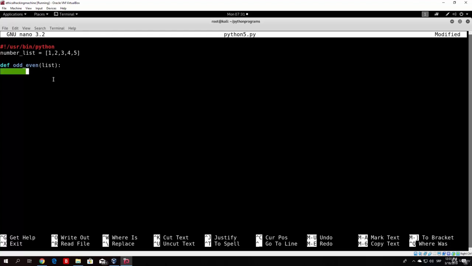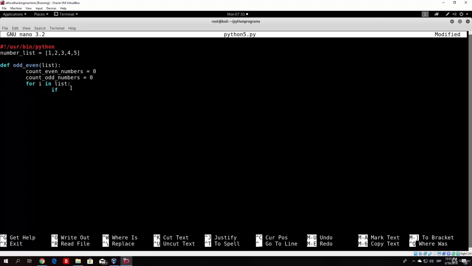Then we specify 2 local variables, which is count even numbers, and we set that to 0, and also count odd numbers, and we will set that to 0 as well. So we set basically 2 variables. One of them will count our even numbers and one of them will count our odd numbers. So right now let us for first time use the for loop in our function. So for I, for example, in list, so for I in the list that we specified in our function, basically